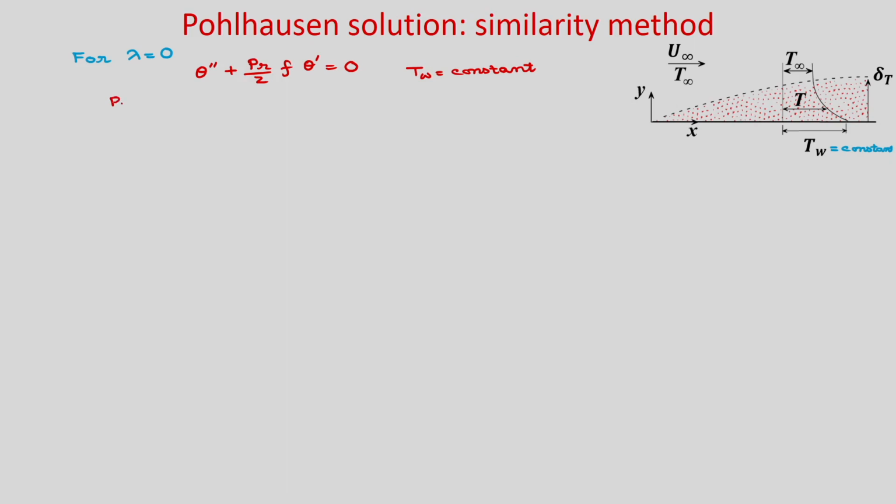Now, what are the boundary conditions? At eta is equal to 0, okay, because y is equal to 0, you will get eta is equal to 0 and it is your Tw. So, that means Tw minus Tw will become 0. So, that means theta will be 0, and at eta tends to infinity, okay, when y tends to infinity and x tends to 0, these two boundary conditions, okay, are merged into one, and for eta tends to infinity you can write theta is equal to 1.